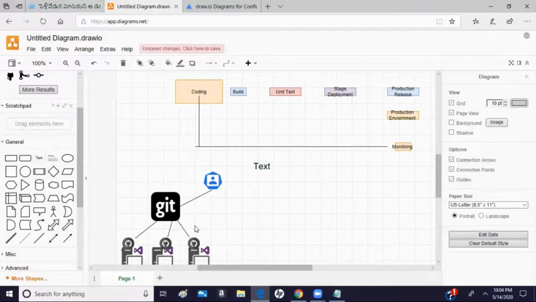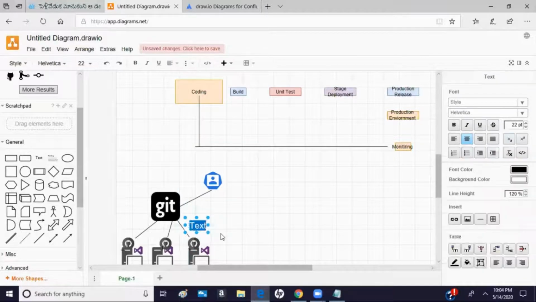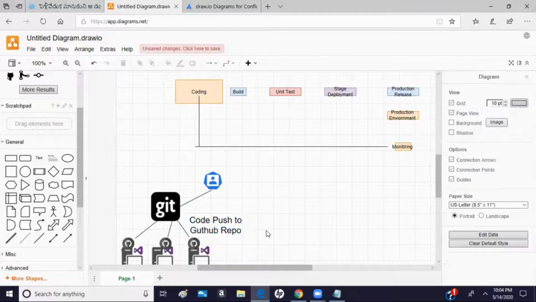So the flow we now have is that each developer will push the code to the GitHub repo. In GitHub, we have created a repository where all the developers will push the code.